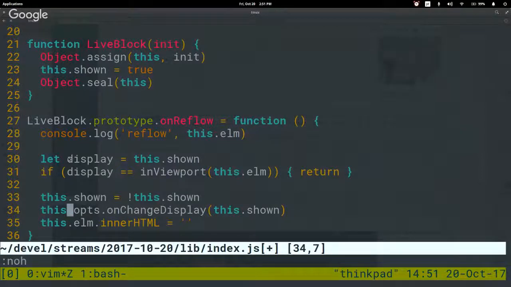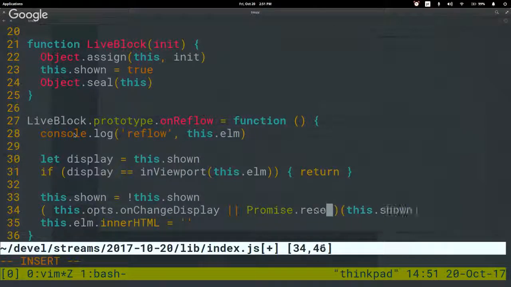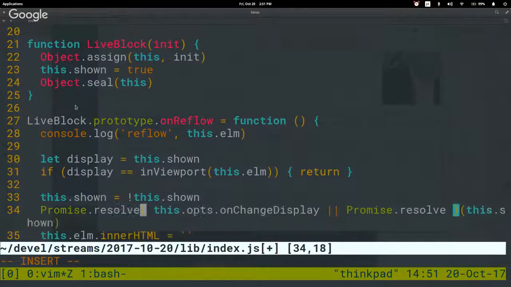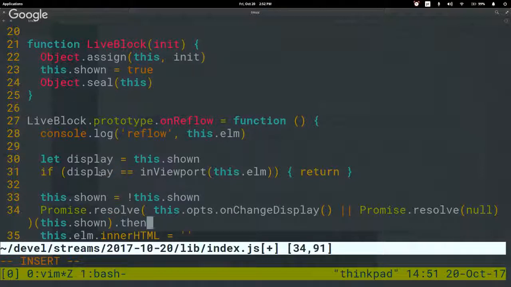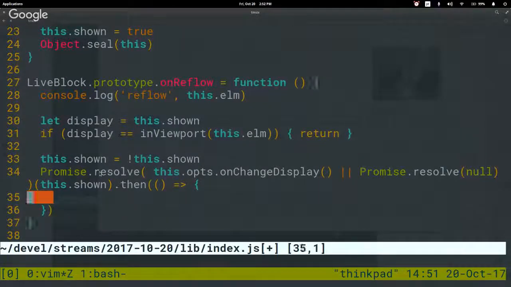We're going to invert this, and it's going to be for a promise. The function is going to return a promise always. Promise.resolve all of the things with the new this.shown.then, and we don't use the value, we just use continuity. Then we set the inner HTML to,